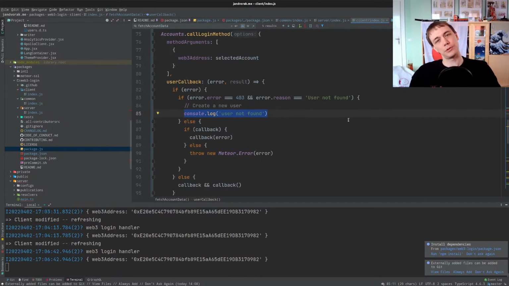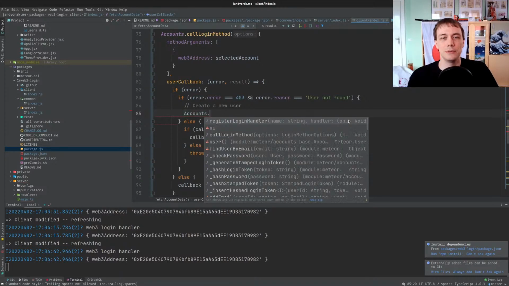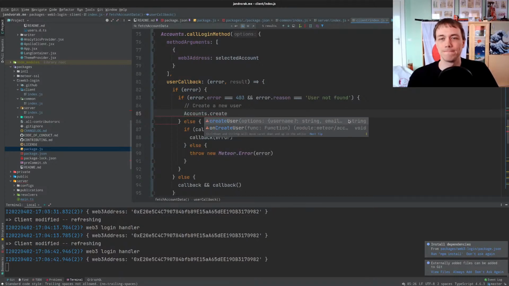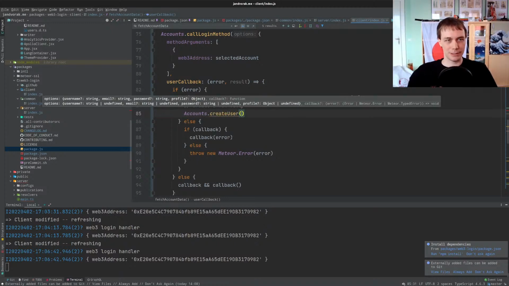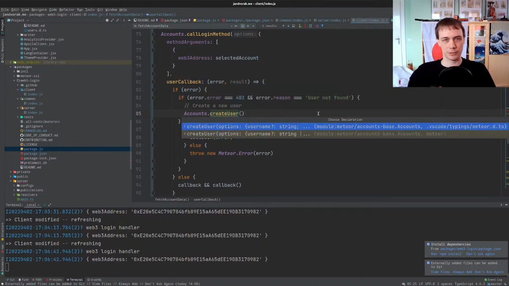So if user is not found, in this case, we'll have to create a new one. So account, create user, and we'll be passing on some options. So